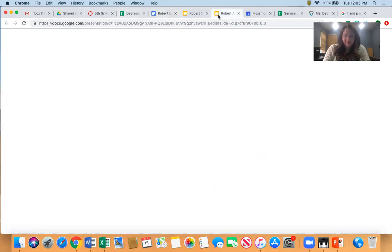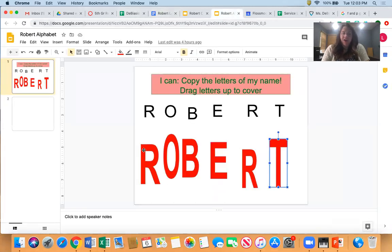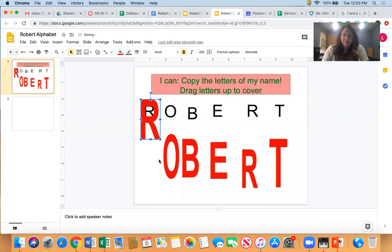Alphabet first. I have it right here. We've got the R sound, the letter R that we hear in Robert. Next up is the O sound, the letter O that makes the sound that we hear in Robert. O. The next one is the letter B. The B makes the b sound that we hear in